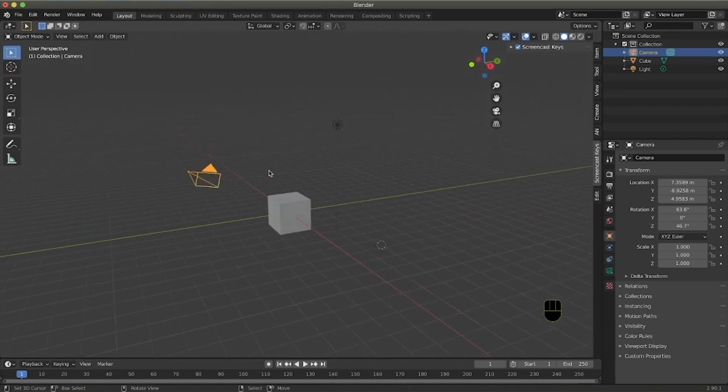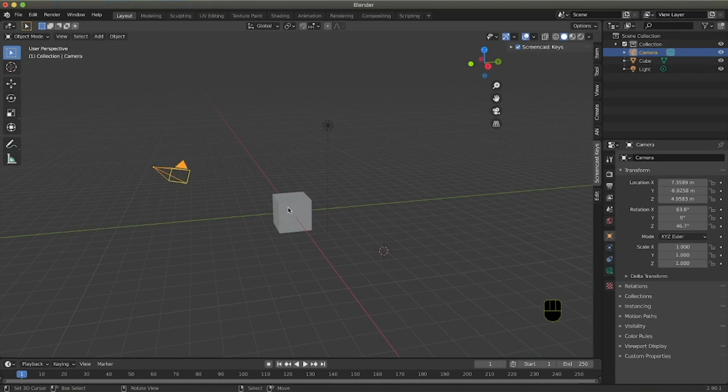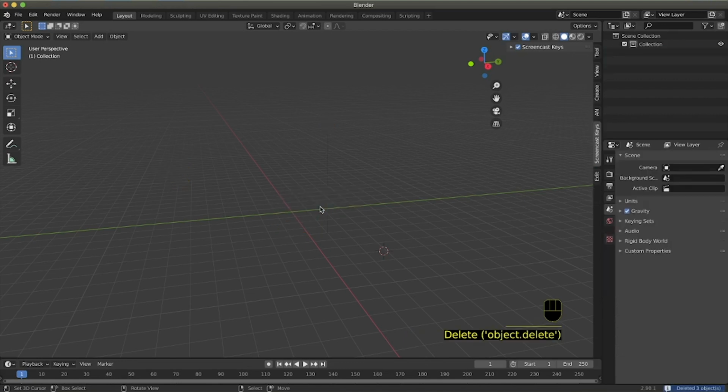When you start working and you don't want to work with these elements, all you have to do is press A, which means select all, and press X to delete these elements. You will be asked to confirm the deletion.